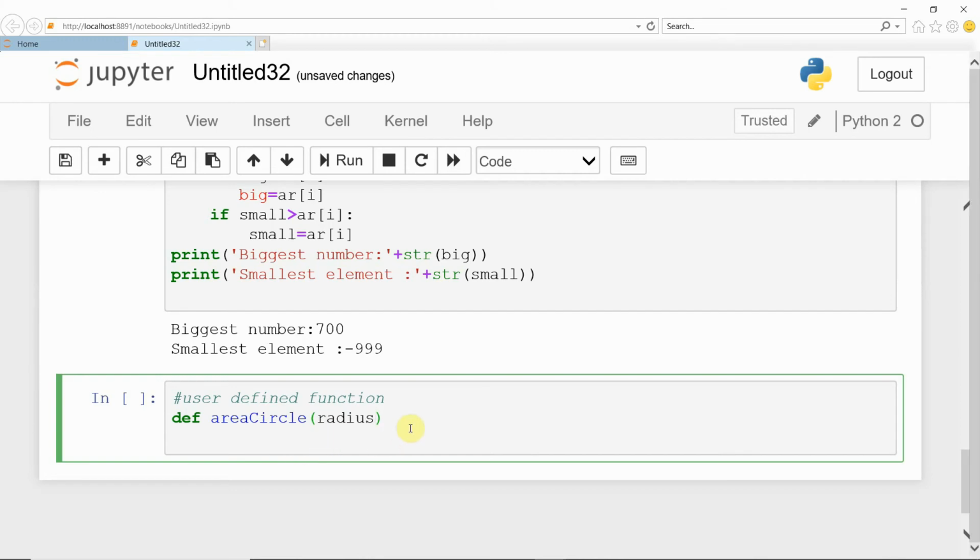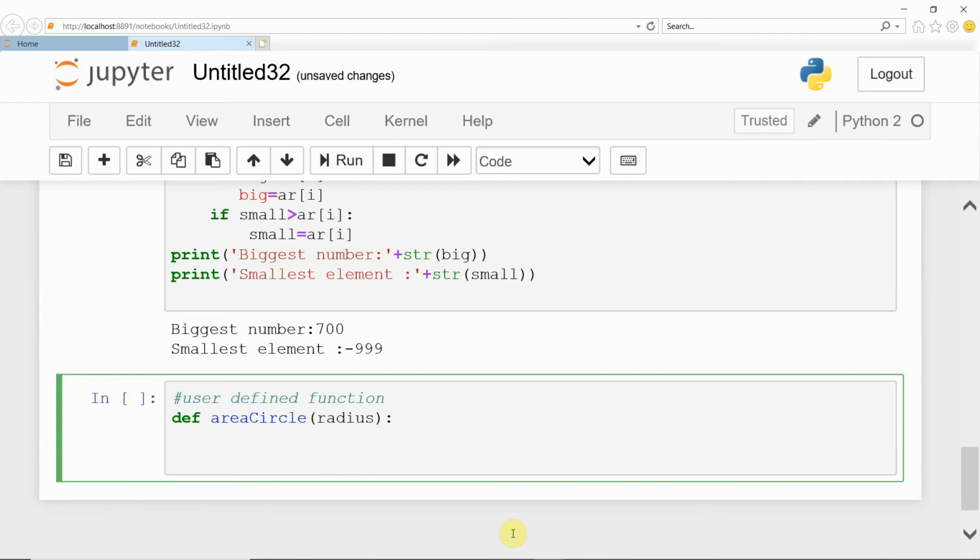Now, this is a user-defined function definition, therefore give a colon at the end of the function head. Here you return 3.14 into radius into radius, because the area of the circle is pi r square.